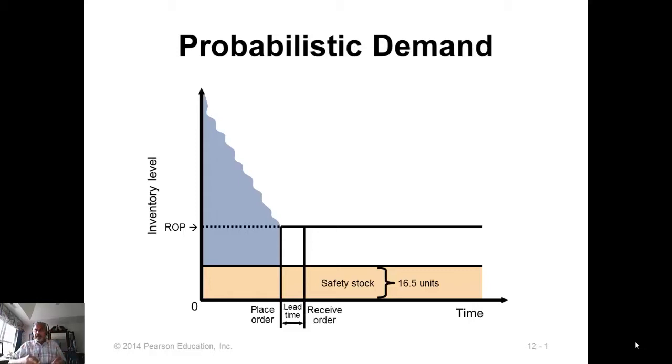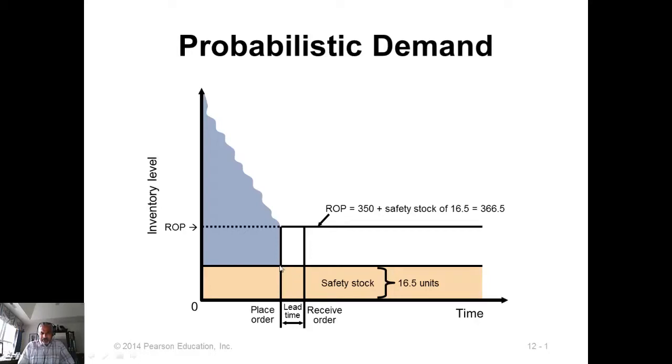Now we're going to look at a case where the demand during lead time follows normal distribution. In the previous example we looked at discrete distribution, so now we're going to look at normal distribution. So here is our lead time and the demand during lead time, and this is the average demand during lead